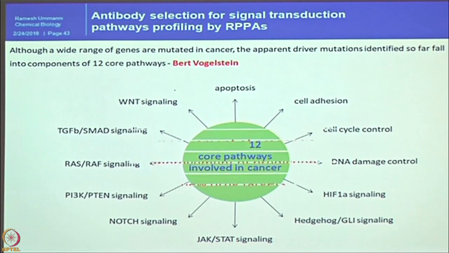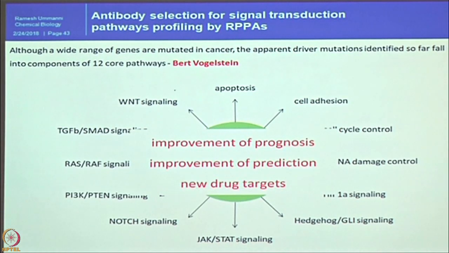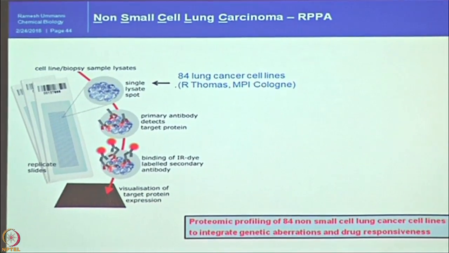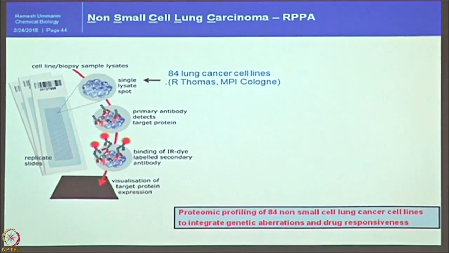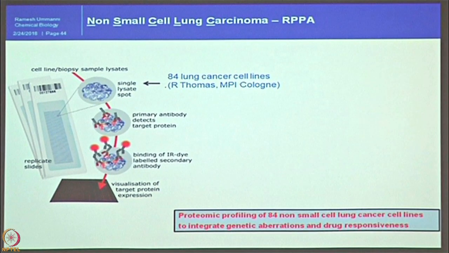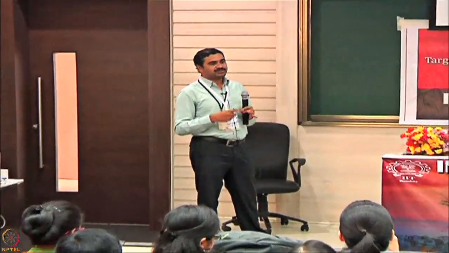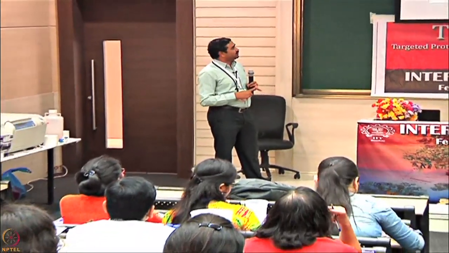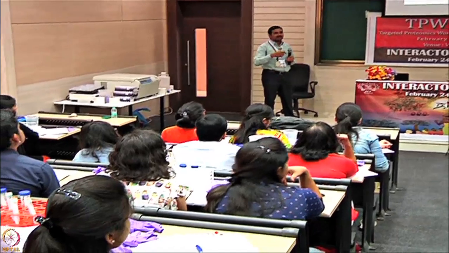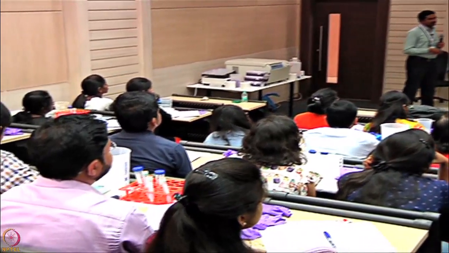This was the motto. We arranged a panel of antibodies which measure the activation status of these pathways to proceed forward. Of course, it is very difficult to get patient samples with all possible molecular subtypes, but one group in Cologne, the Roman Thomas group, has established 84 lung cancer cell lines from different molecular subtypes of patients. So we know what kind of mutations they have, and all the genomic fingerprints are available. But which different pathways are activated or inactivated is not known.